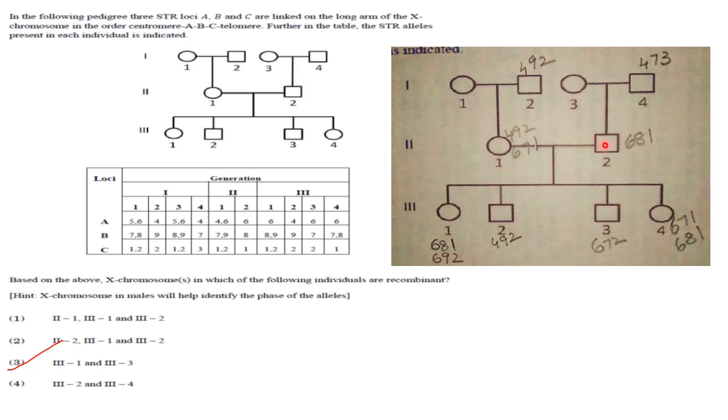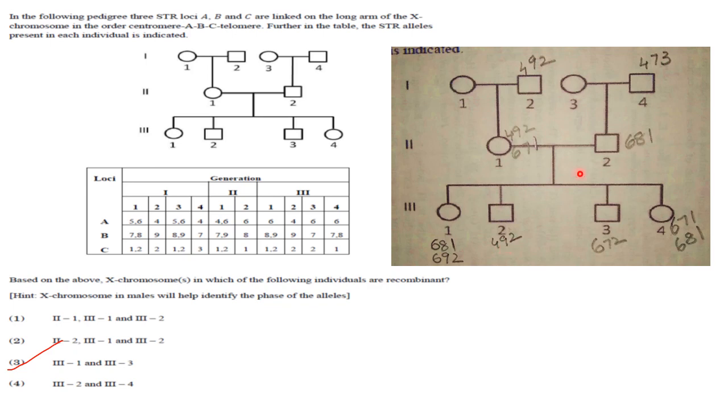These are the parents. 6, 8, 1 is obtained from the father, and 6, 9, 2 is obtained by recombination between 4, 9, 2 and 6, 7, 1 in the mother. So 3, 1 is a recombinant.